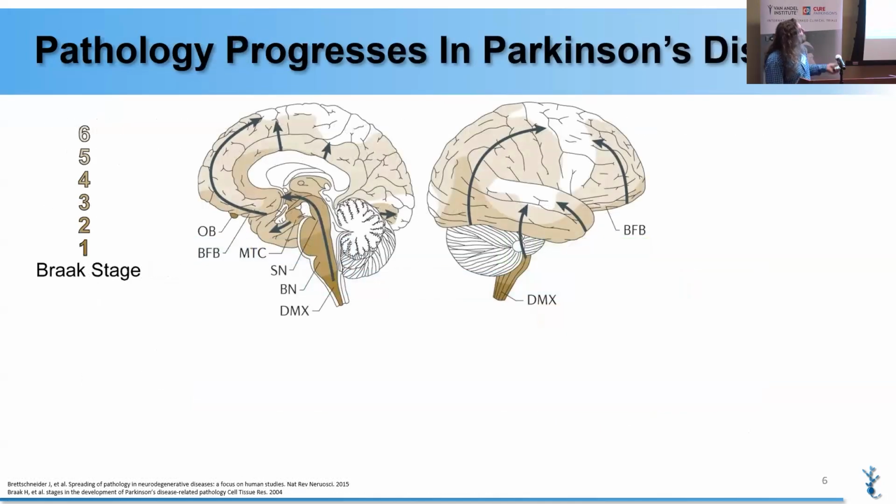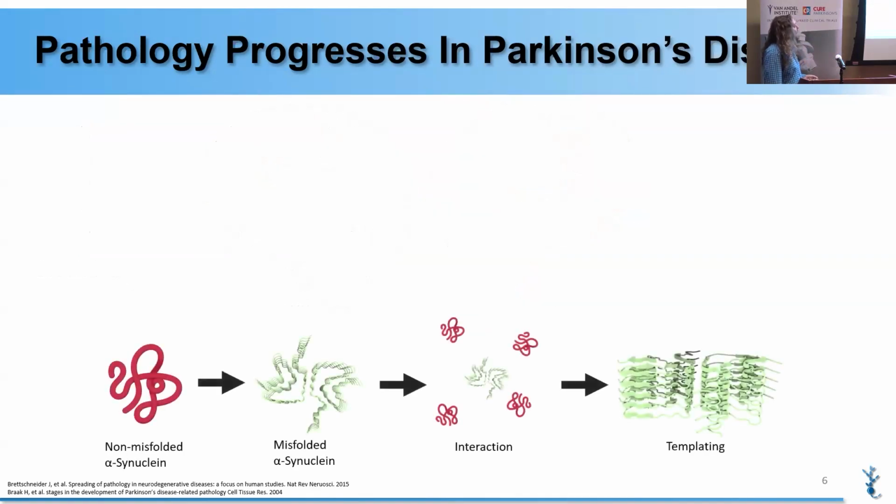And so this pathology is understood to progress through the brain. What this graphic is meant to demonstrate is that while yes, in the substantia nigra we do observe pathology, it also happens throughout most of the rest of the brain as the disease progresses throughout the course of the disease process. And like I had just described earlier, this pathology is forming and spreading to our best understanding